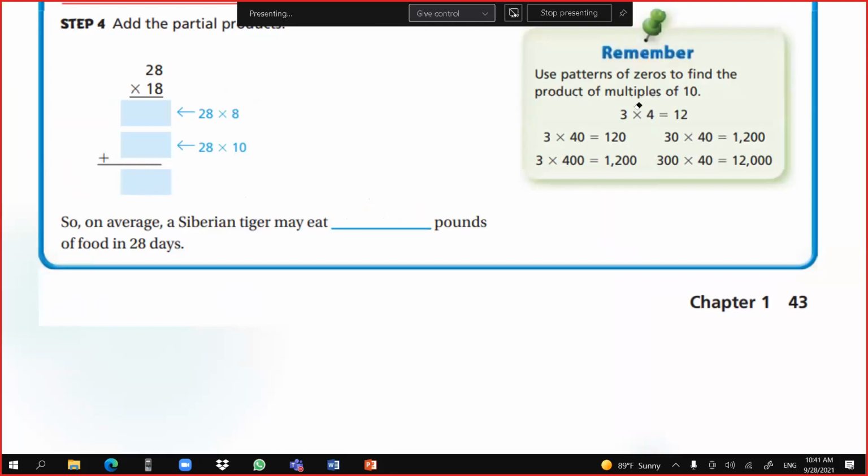So now here, up we have 224 and down we have 280, and then